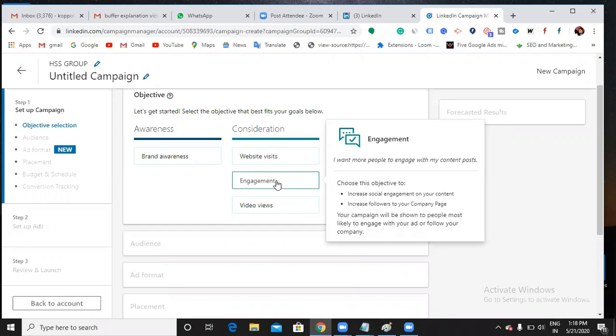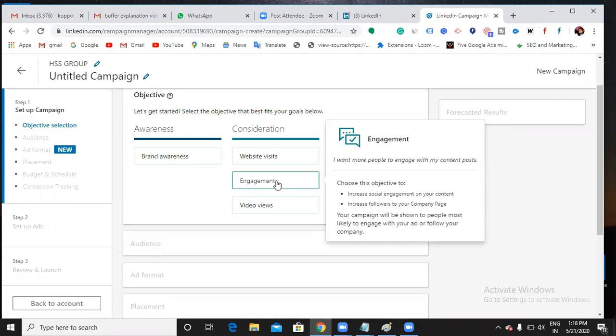Engagement means they have to get involved with your product, like liking, sharing and commenting on your products, services and ads. If you are looking for that kind of engagement, you can use this.